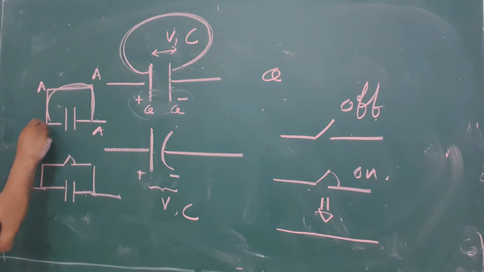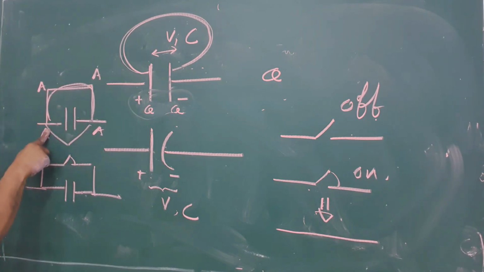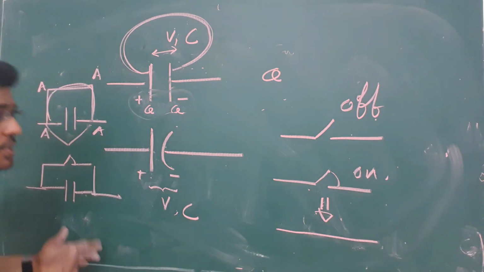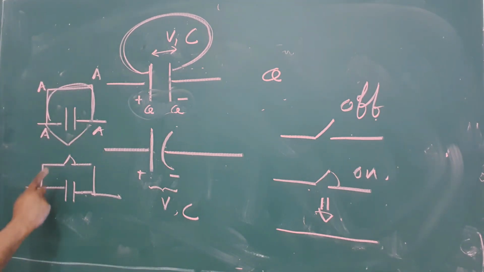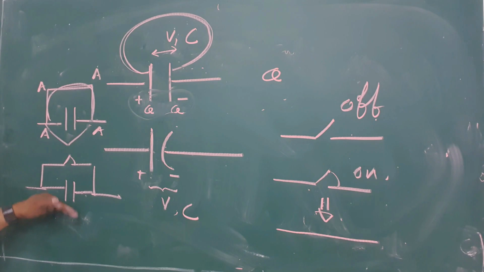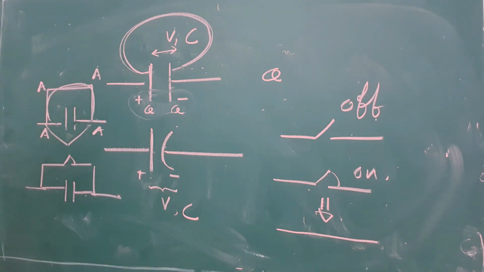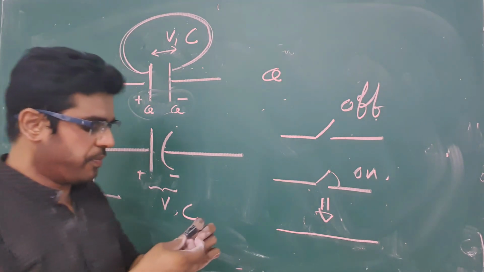Now you can see there is no voltage difference across the capacitor. Now it can't store charge. So that's why I told you to remove that capacitor when you have a conducting wire or closed switch parallel to the capacitor. Right. Now I am going to demonstrate this to you.